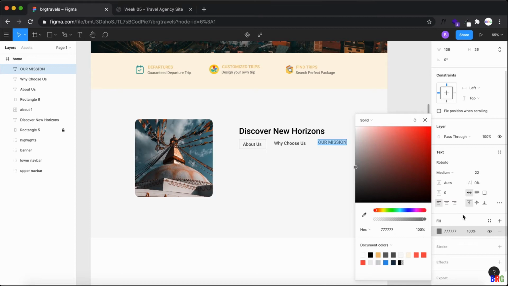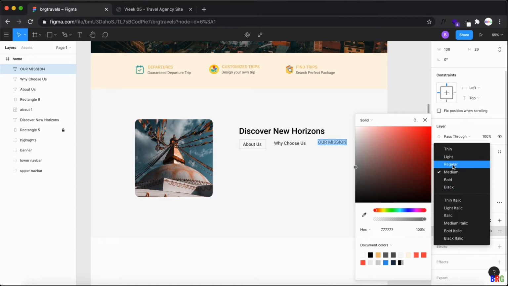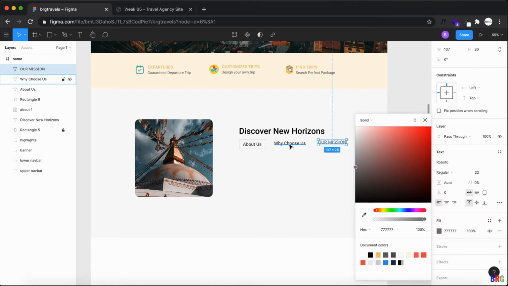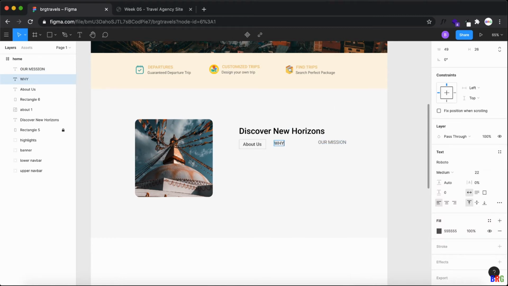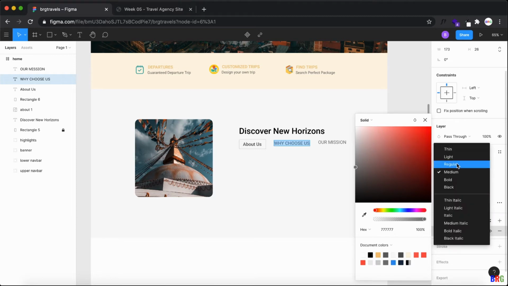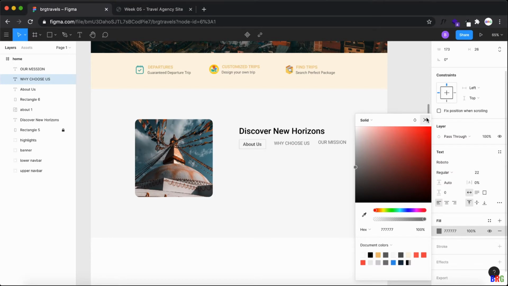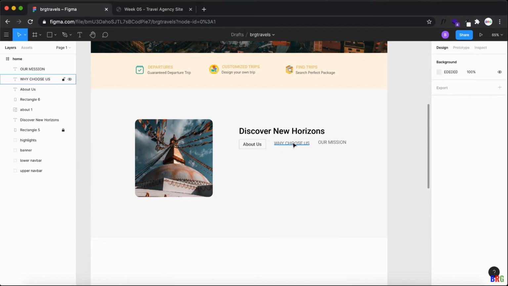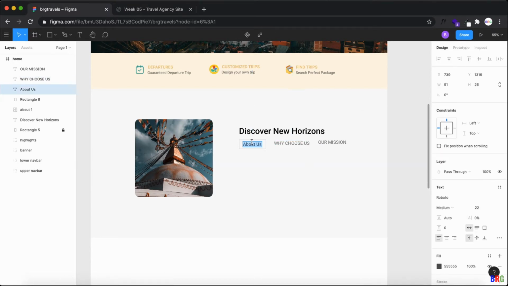Okay, and font weight as regular, or yeah, why choose us, font color as 777, to show it as an inactive item, regular.